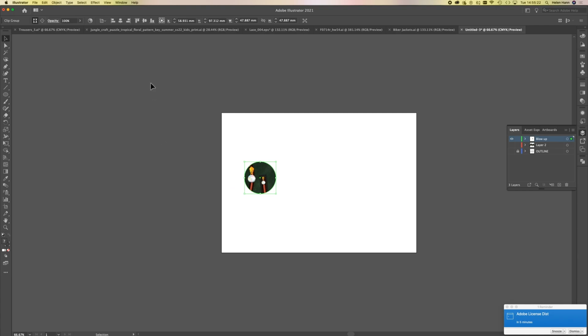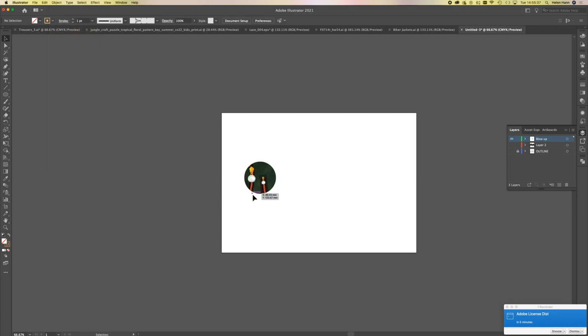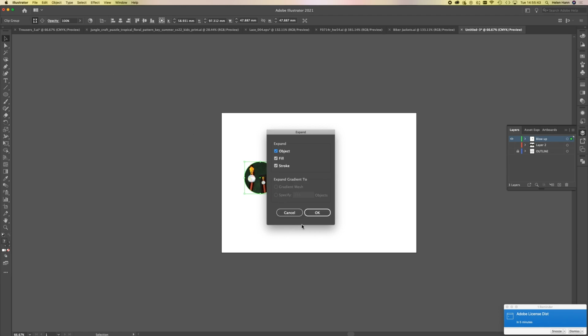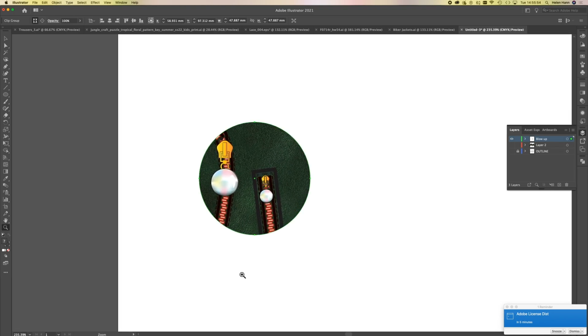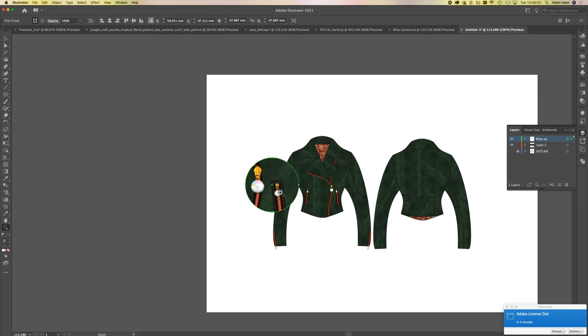So what I need to do is select the whole thing. So Control A to select the whole thing. Go to Object, and I'm going to expand appearance. Okay, now when I do that, it gets rid of, in fact, I don't think I've managed to do it. There we are. So now I've got a little circle, and all that remains of that jacket is this piece in here, like this. Okay, and then I reveal the rest of the jacket,